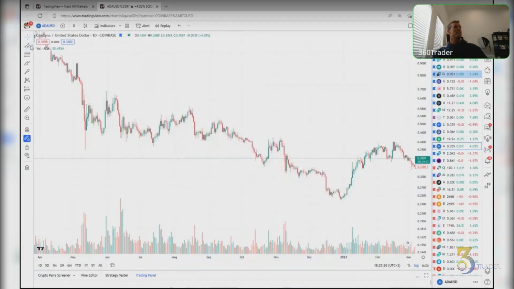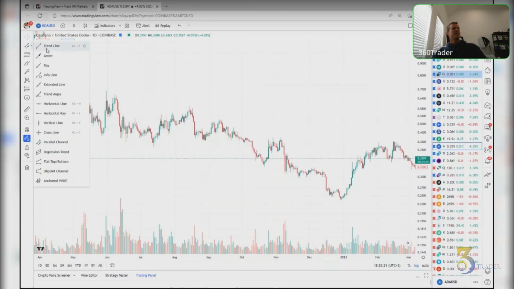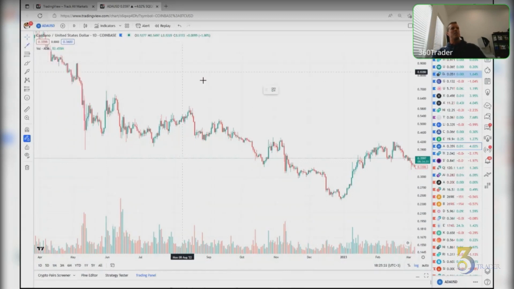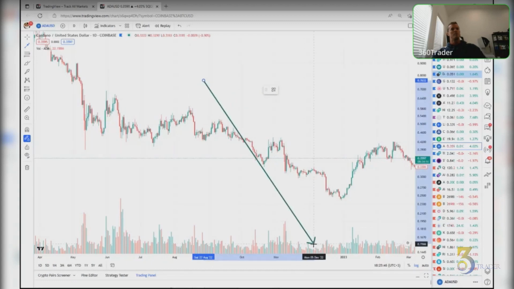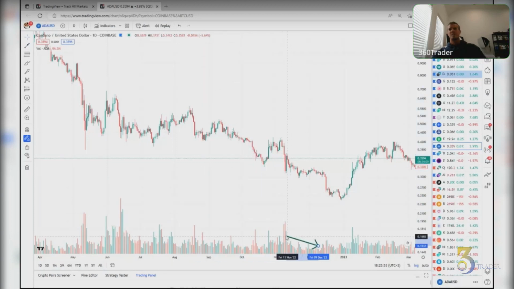So again, back to the top. I use the trend line. The arrow, I use that to point to stuff for y'all, but I don't often use the small one as much as I do the thicker one, which I'm going to show you later. Most of you guys won't use this unless you're showing somebody something. A lot of times I'll use this at volume because of its thinness to show you descending volume, stuff like that, because it doesn't block as much of the volume. But there's a bigger arrow, which I'll show you guys in a minute.